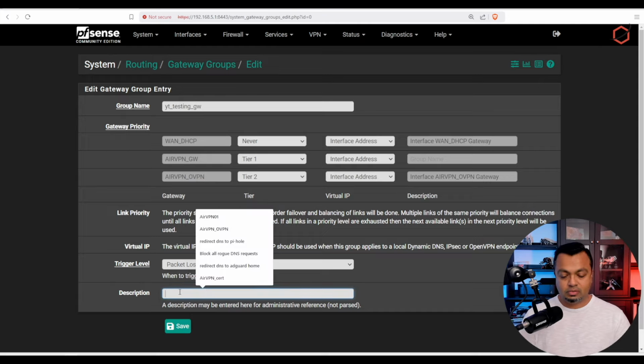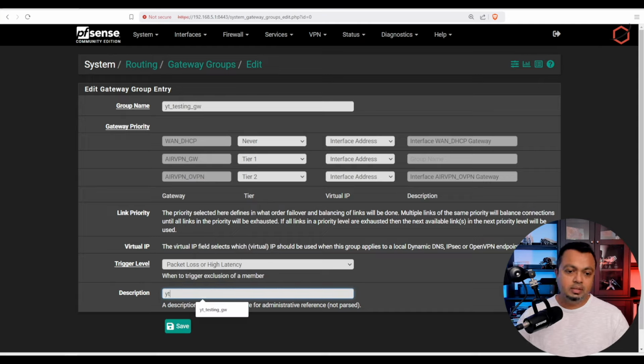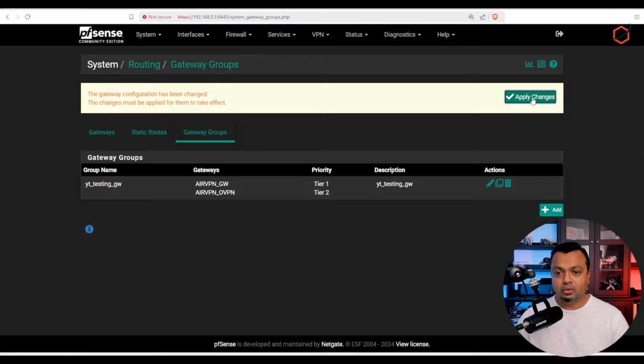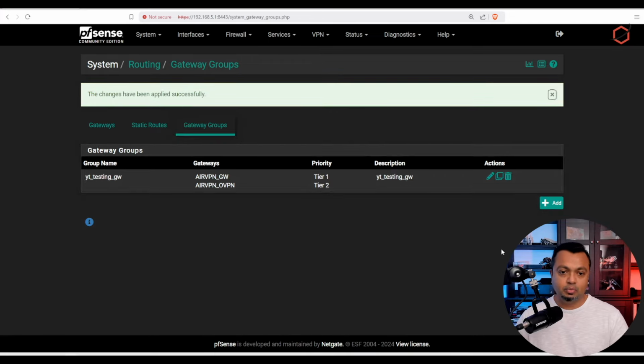2, let's give it a description. YouTube testing gateway. This is okay for management purposes. And click on save. Then click on apply, and there is my gateway group. I have 2 WAN connections in there which would have different priority, and pfSense knows when to use which one